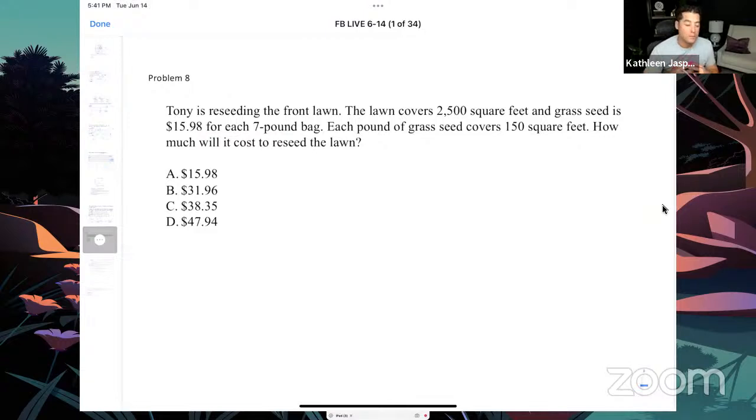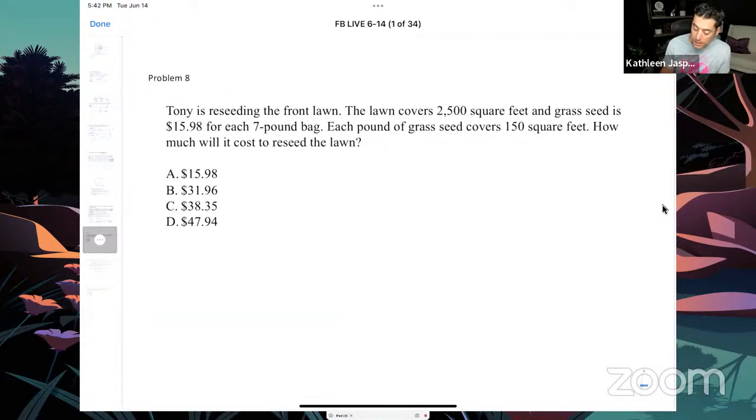All right, next one we have Tony is reseeding the front lawn. The lawn covers 2,500 square feet and grass seed is $15.98 for each 7-pound bag. Each pound of grass seed covers 150 square feet. How much will it cost to reseed the lawn? All right. How are we going to figure this one out? Well, again, with these types of problems, it looks like we're going to have to figure out area and draw some shapes and do all that kind of stuff. But just be careful